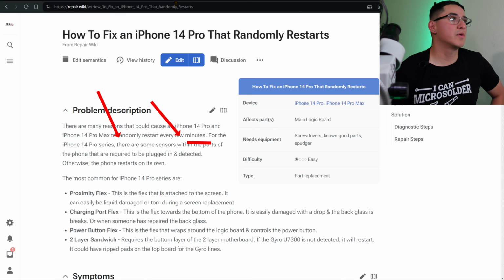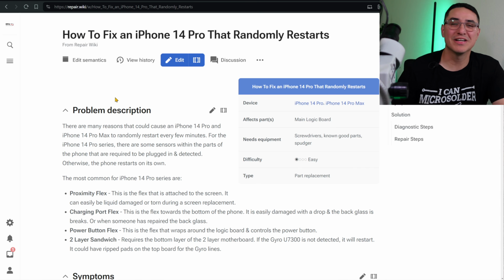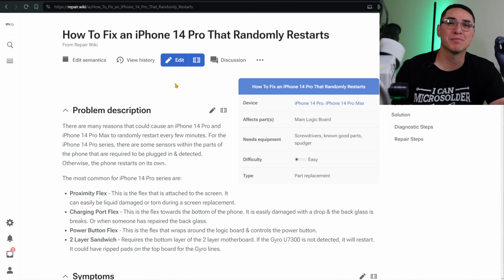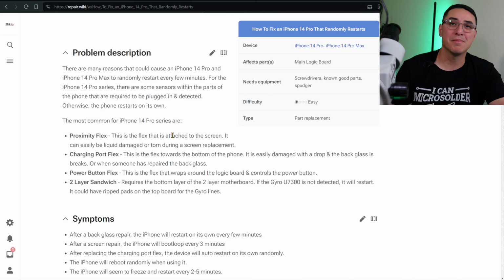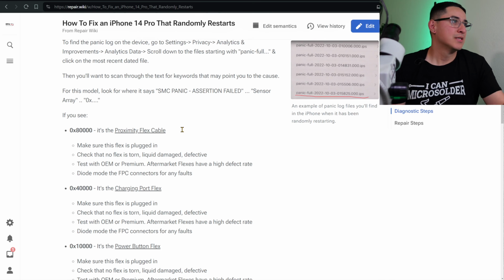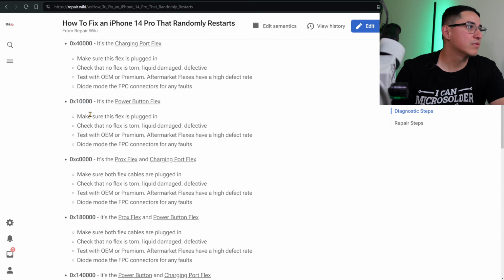So let's pull up the repair wiki page for this model, the 14 Pro. Now keep in mind, even within the same generation, Apple has mixed up the codes between 14 Pro and Pro Max, and iPhone 14 and 14 Plus. So keep that in mind, and the repair wiki has a page for each one. So this panic log says basically 160,000 for the code. So 0x160000. Go to the repair wiki, and if you scroll down,